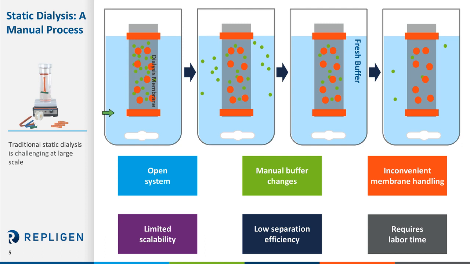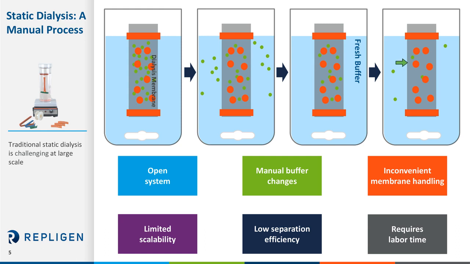At the initial point of this dialysis, you have a very good concentration gradient because there's no contaminant yet in the buffer. That difference is what is going to drive the contaminant from inside the membrane, passing through the membrane into the buffer. Because there's a drive towards equilibrium, this reaction is going to slow and eventually stop when there is an equilibrium between the concentration of contaminant in the buffer and within the membrane. In order to reset that concentration gradient, you need to manually put fresh buffer in, and your reaction can continue.